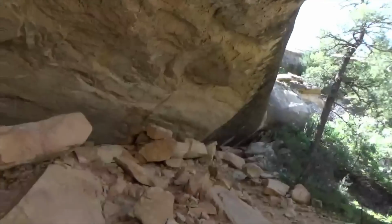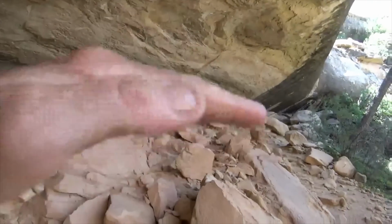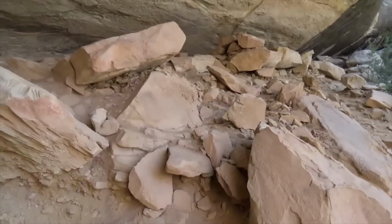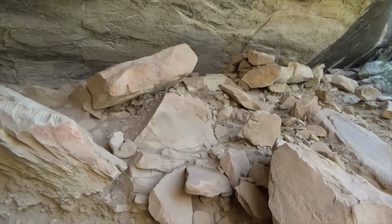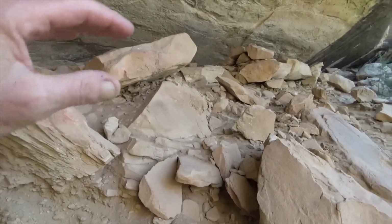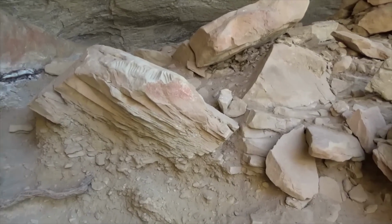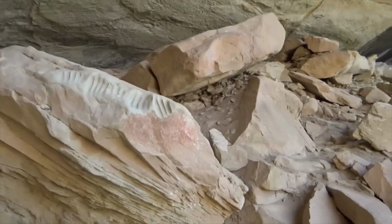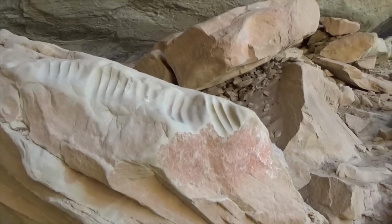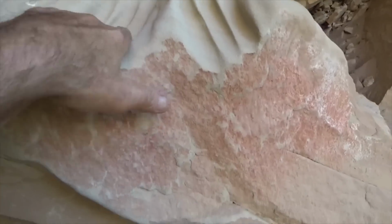What's interesting to note is in a lot of these old rock shelters, almost all of them, the ceilings have fallen down and there's now these 80-foot rubble piles at the base of them. Sometimes the blocks have petroglyphs on them or metates, and you can see here, look at these. Come up here. So clearly, oh yeah, something